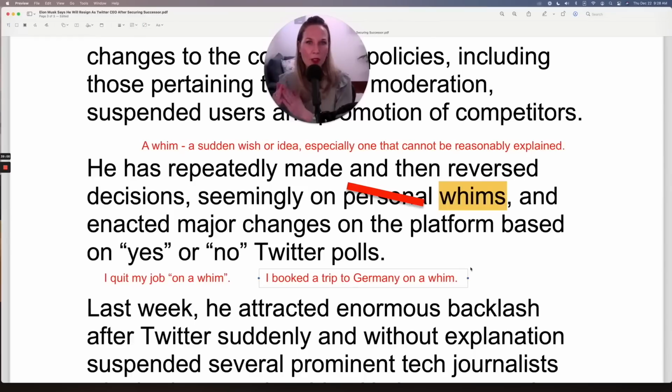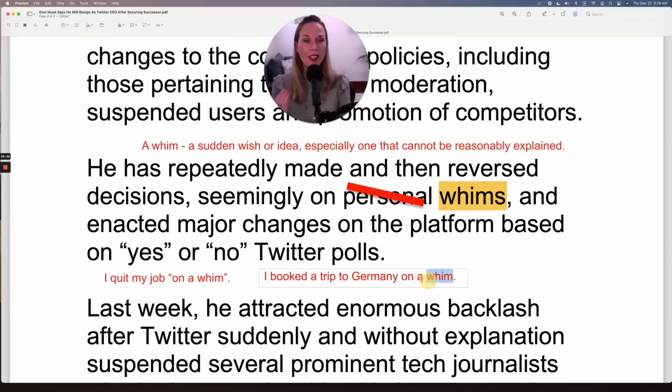Or are you the type of person that really thinks things through? I'm sure it depends. It depends on the situation, right? Maybe there are some things you would do on a whim. For example, let's say, okay, so I have long hair. Let's say one day I wake up and I say, I want to cut my hair to here. And I get my hair cut. And then someone could say, wow, oh my gosh, you cut your hair. And I could say, yeah, I did it on a whim. So I didn't think about it too much. I had the idea, I want to cut my hair, and I did it on a whim.